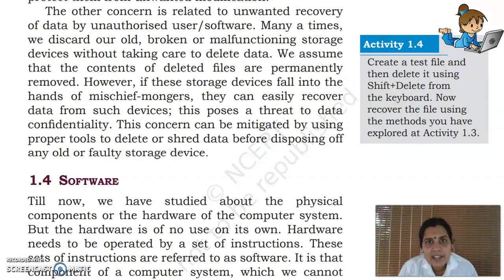So this is data confidentiality. We are using many mobile phones, and if our mobile phone is lost or damaged, there is a chance to recover our old data. Sometimes we store bank account details or passwords in that mobile. Then an unwanted or unauthorized user can easily handle that data. So these are the two types of data problems. If we delete data, our confidential data will be lost, and sometimes unauthorized users will access our phone or damaged device and access that data. So these are all about data.